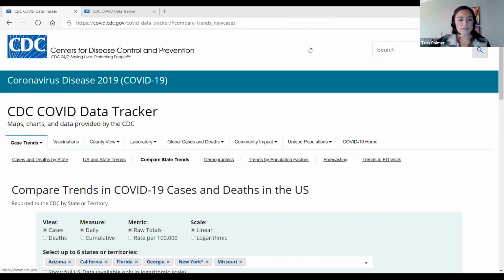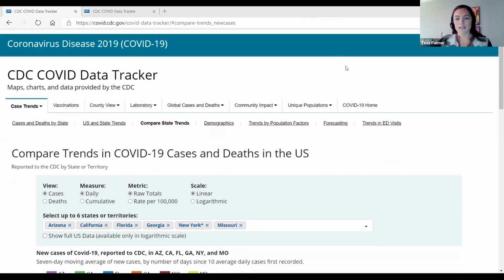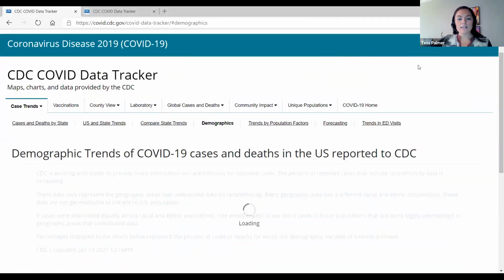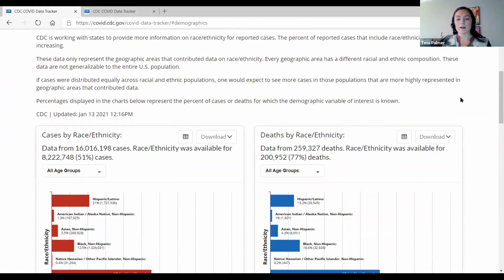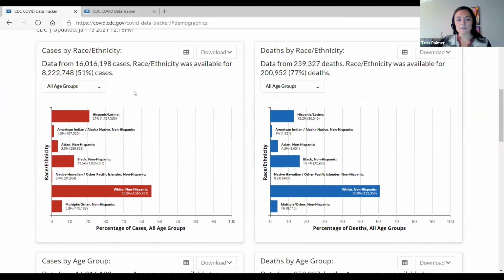So, sharing COVID Data Tracker, again, this is what we were looking at during my demo earlier. If I navigate to the demographics tab, we can see US level demographics information for cases, which are the charts on the left, and deaths, which are the charts on the right. You'll also notice that the titles in these charts give us information on the denominators that were available for these metrics, just to be as transparent as possible,